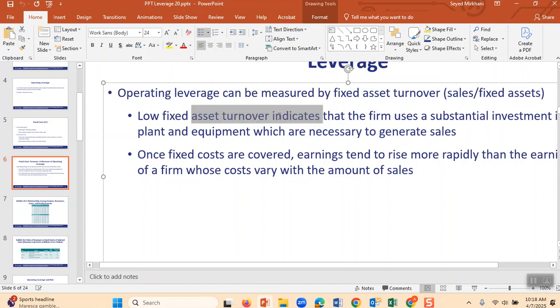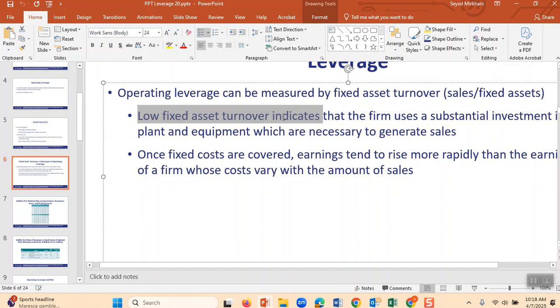In that case, McDonald's has a lot of equipment. But with Burger King, for example, sales are 1 million and the assets are $500,000. 1 million divided by $500,000, you get 2. For McDonald's, you got 1. That means they have a very low fixed asset turnover, which means a lot of equipment.